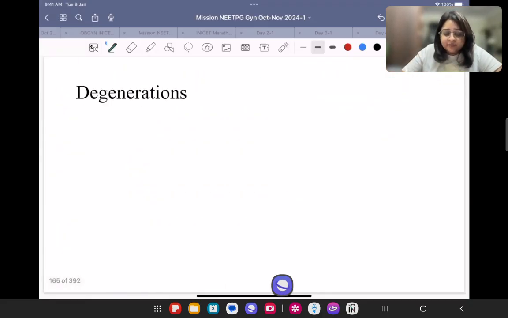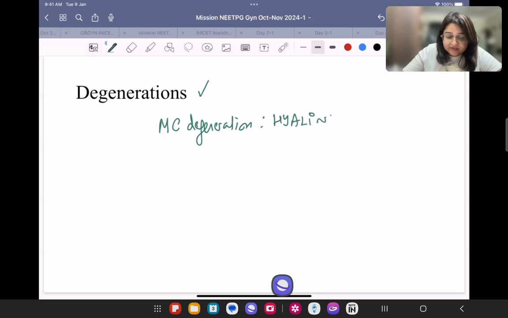Now coming to another important topic, fibroids tend to undergo degeneration. That means some change in tissue is happening inside. The most common degeneration is not red. Red is the one most commonly asked in the exam. Most commonly in the patient, what is happening is hyaline degeneration. Okay? And the most rare,